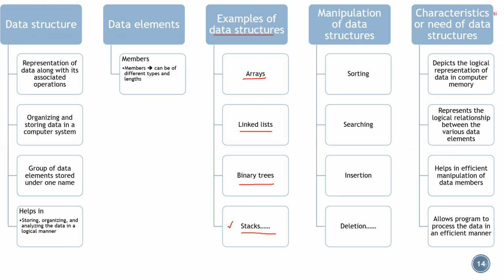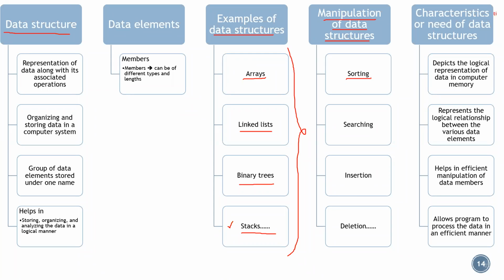Now, when you have data structures, what are the operations or manipulations on the data which you can perform? In an array, you have say 50 elements, and I want to search whether element 20 is present in that or not. I can do that. I want to arrange the array elements from ascending to descending order. Even that I can perform. So these are a few of the manipulations which you can do using the data structures.